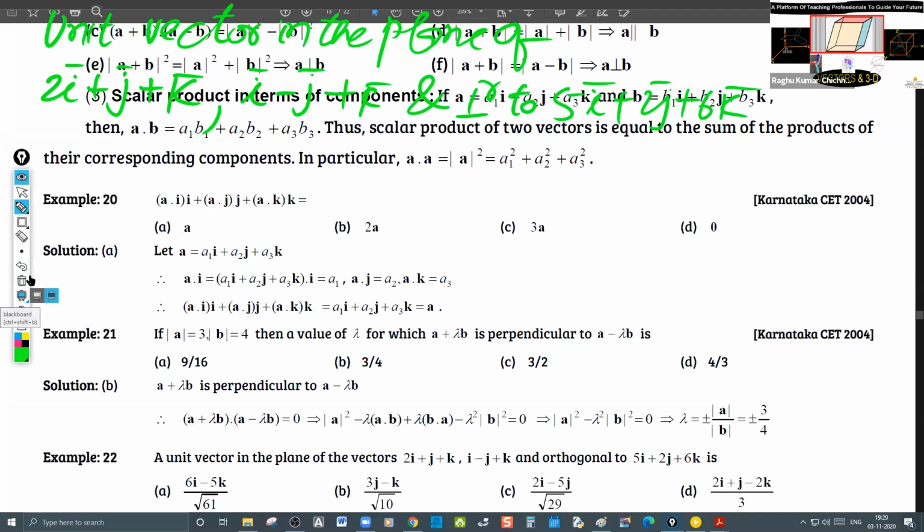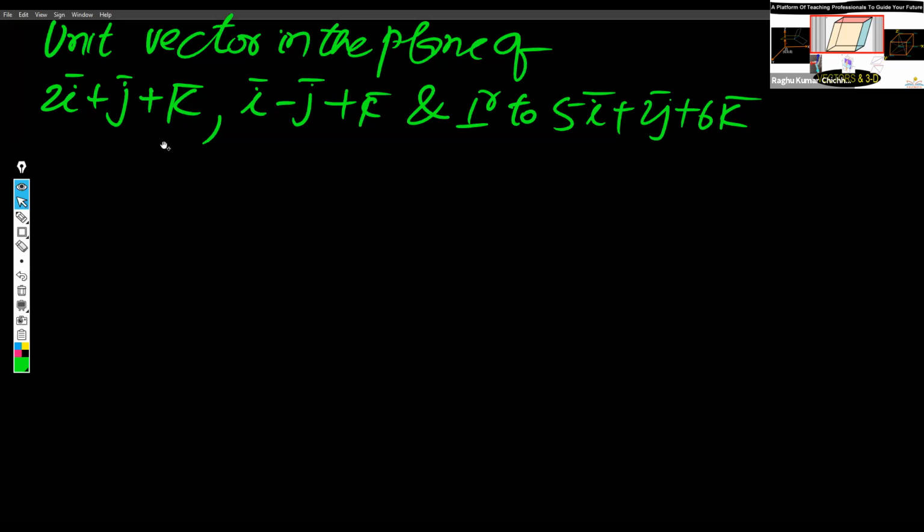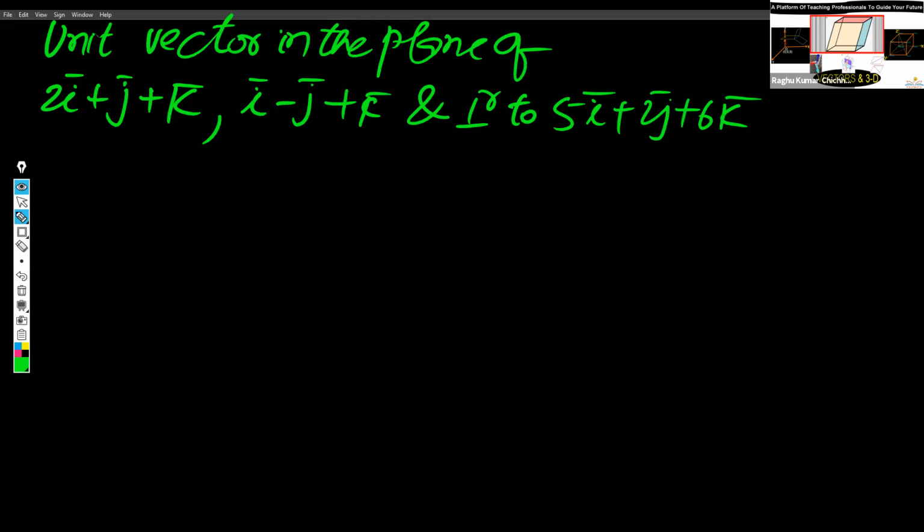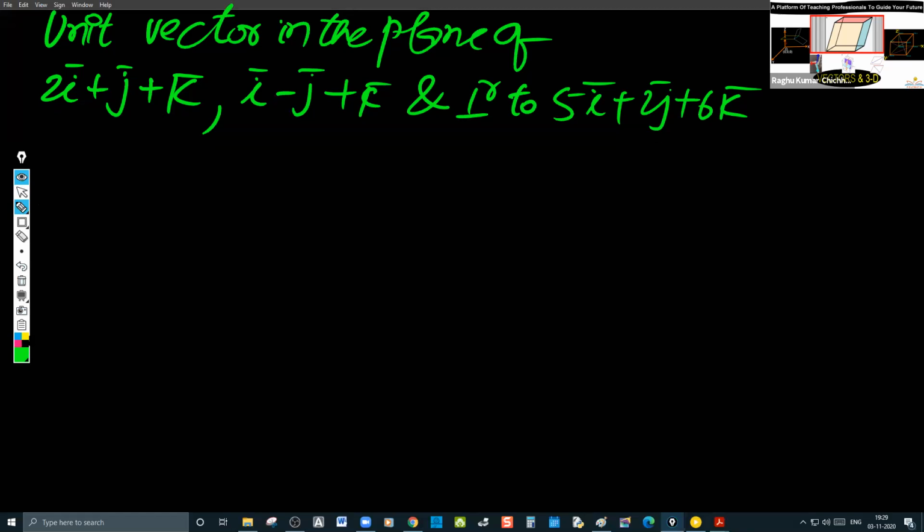Okay. Just see this. What is the condition given first of all? It is given to be a unit vector, a very important point. First of all, you have to understand that you have to find a unit vector. Where is it lying? It is lying in the plane of this. And how is it? It is perpendicular to this. This is what you have to understand.